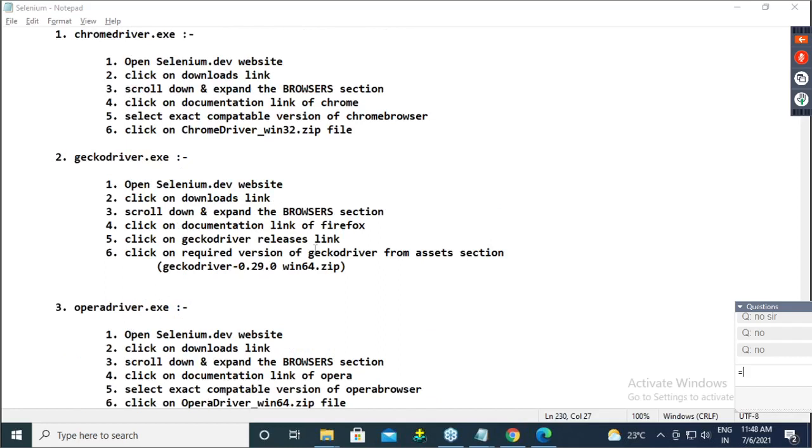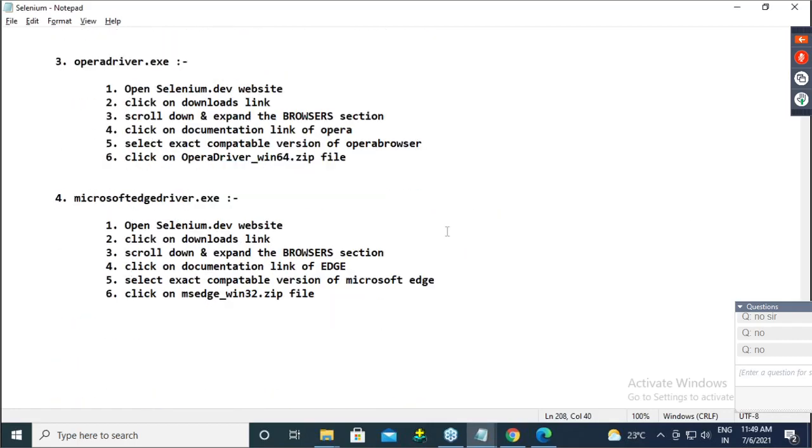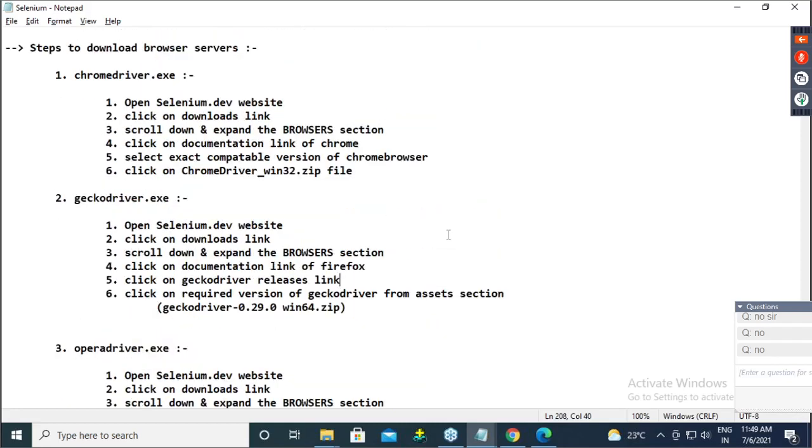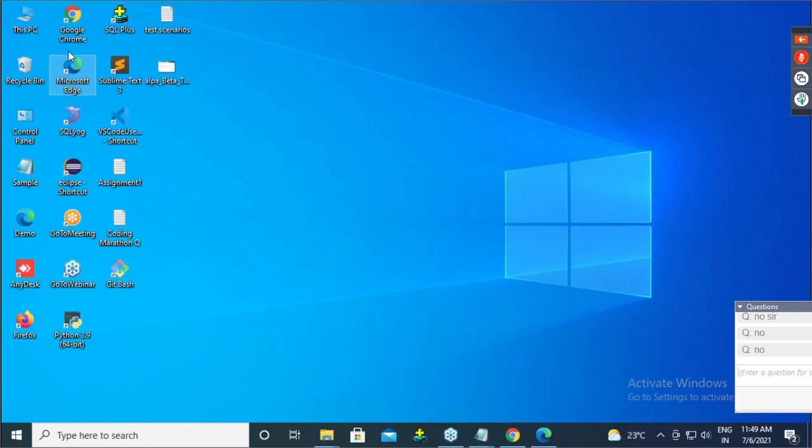Guys, yes or no? We have to make proper setup now. Okay, because all these things are done, but how to get these things in Eclipse in our project, that we have to see now. Up to now we just downloaded, but we didn't configure anything with a project. So let's see guys how to create project.